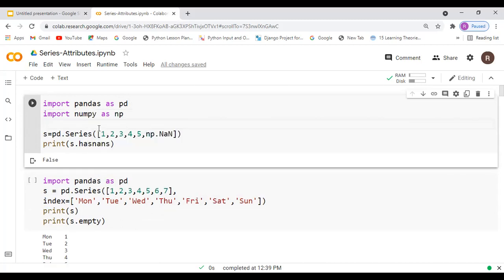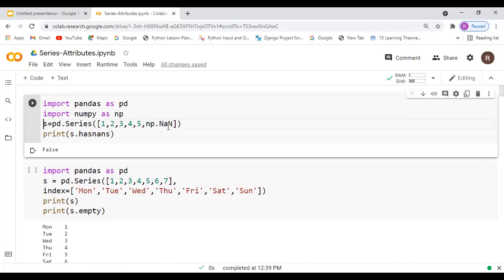Then only you can use np.nan. Now when I am executing, you see the output is true. Before the output was false because we didn't have a NaN value, but now I have inserted a NaN value. So when we are using the hasnans attribute, if there is a NaN value in our series, the output will be true. If there is no NaN value, then our output will be false.